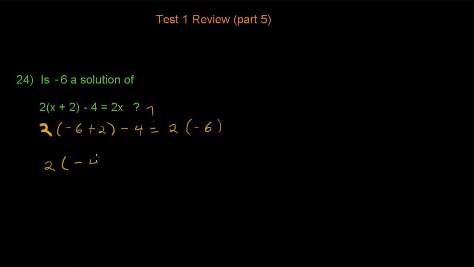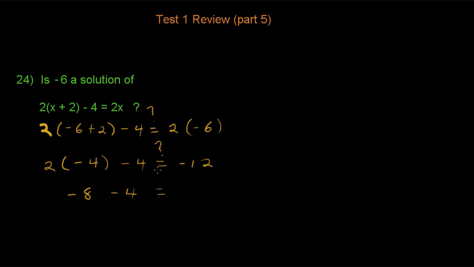What is -6 plus 2? That's -4. And then just bring down, subtract 4 equals maybe. So we still don't know, so let's put a question mark in there. And 2 times -6 is -12. Okay, let's keep simplifying. Let's do our multiplication next. In the order of operations, that's the next thing to do, is multiplication. What is 2 times -4? -8. Subtract 4